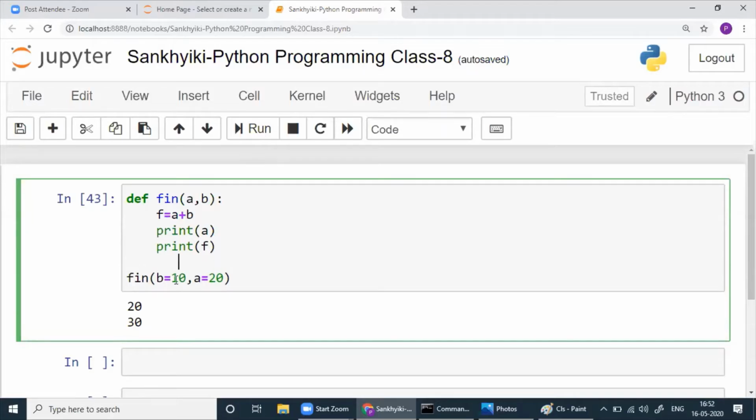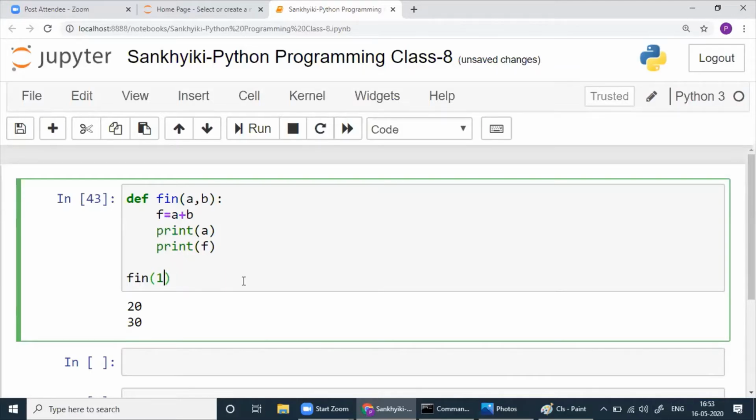Positional arguments means from position to position. First position value, whatever we have given, that is called argument, that goes to the first parameter, and the second one goes to second parameter normally. However, if you don't want to see the order and you are comfortable writing the values here itself, yeah, you can write that also. It's not a problem. So here we don't obey the positional thing, okay? This is one. The next one is,